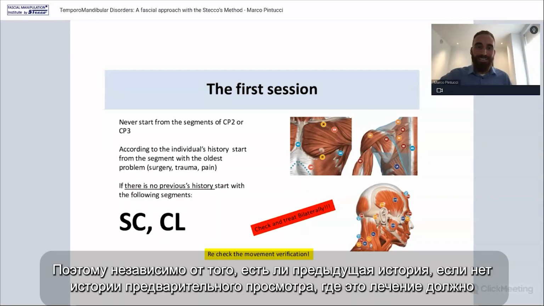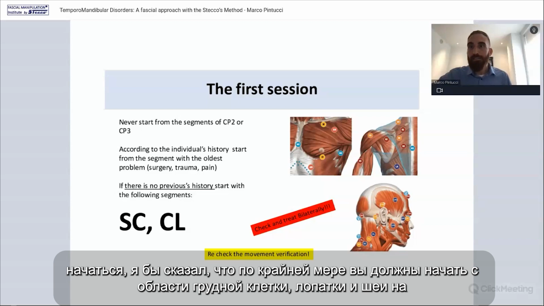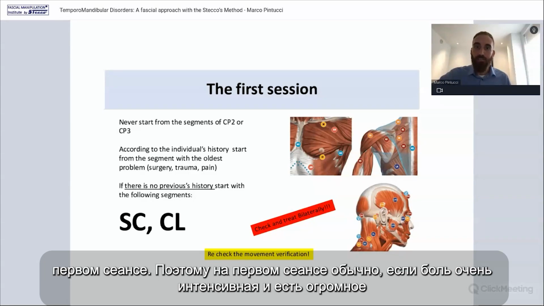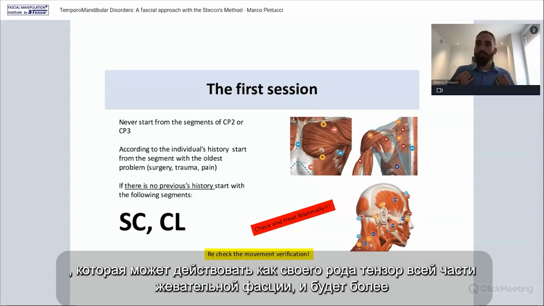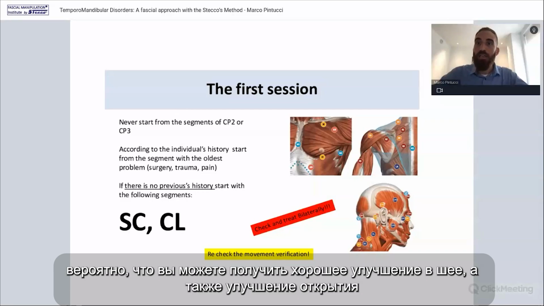So, regardless of the previous history, if there is no previous history, where should the treatment start? I would say that at least you should start from the thorax, scapula region, and neck in the first session. In the first session, if the pain is very intense and there is a huge delimitation or densification, it's more advised to start from this area, where we have basically a point that could act as a sort of tensor of all the parotidomasseteric fascia,